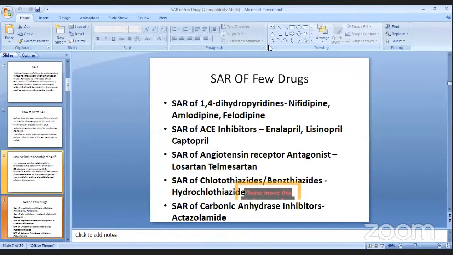Now, the better quality drugs are the angiotensin II antagonists, which are losartan and telmisartan. This is another category of drugs that I will discuss today also. Next are the chlorothiazides, benzthiazides, or hydrochlorothiazides. These are thiazide diuretics. I will discuss them today also. And SAR of carbonic anhydrase inhibitors. So first of all, I am going for the